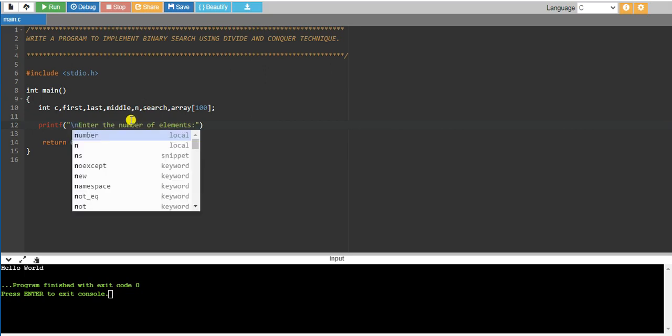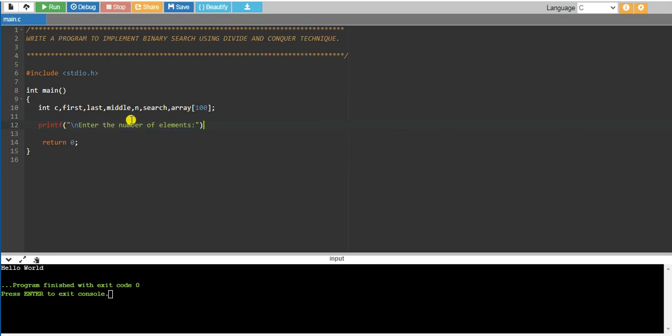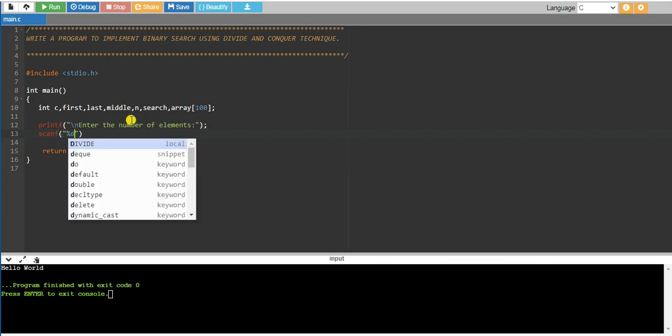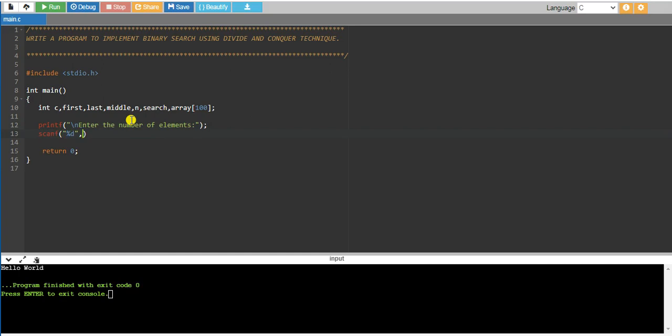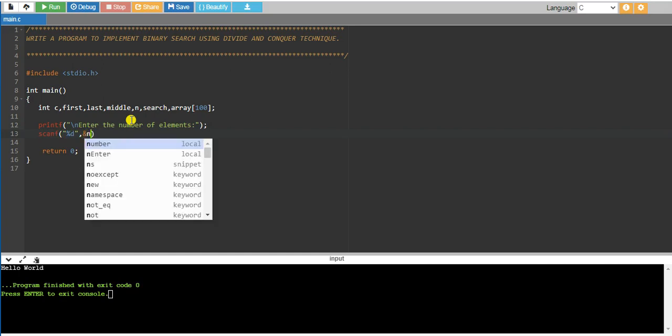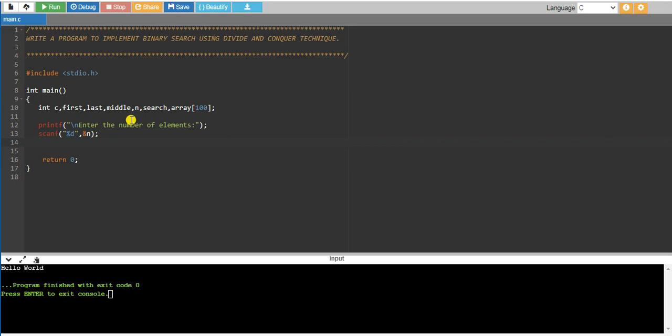After this I have to read that value, so scanf, %d, comma, &n. Then we have to enter the integers, so we have to enter the numbers.